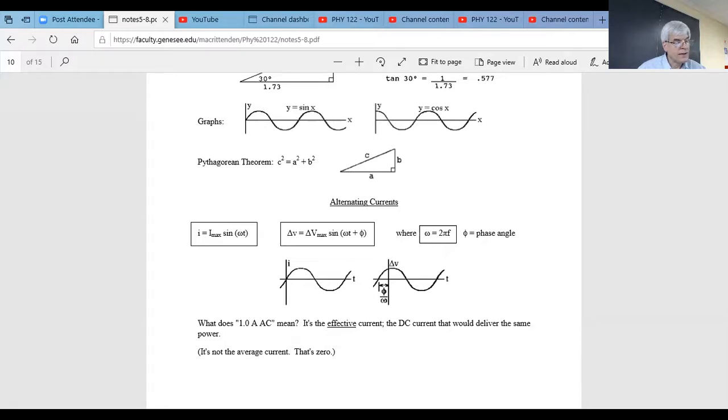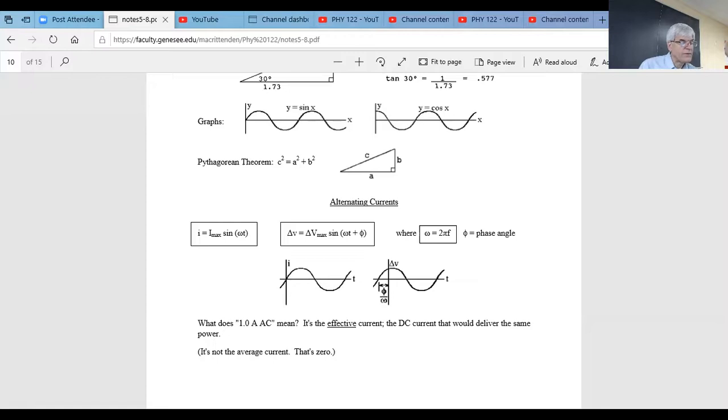The current and the voltage do not necessarily rise and fall together. They might not, depends on what's in the circuit. So remember that thing about a phase angle that at the end of section 7, I said, oh, you don't really need to worry about that. Well, you didn't need to worry about it then. But